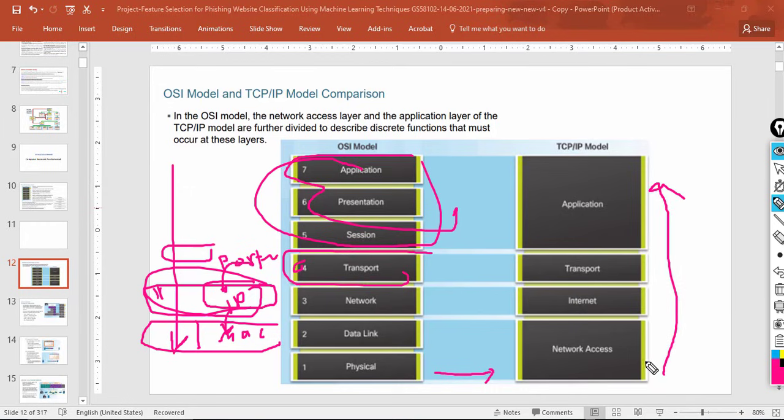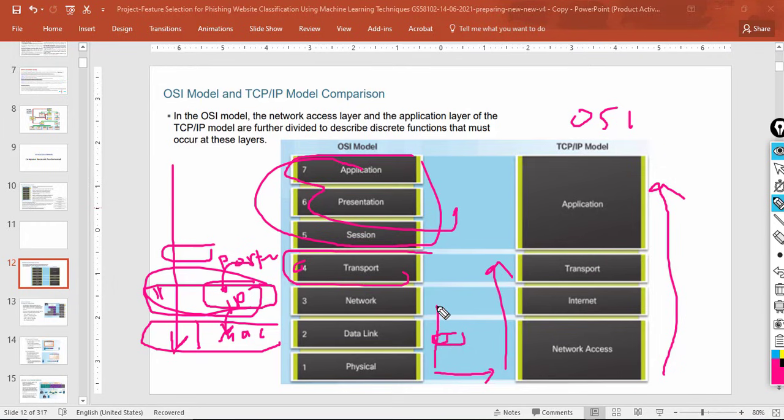When the information is received on the other side, the flow will be from down to up. Let's consider this OSI, with the same layers. When received, the physical layer will handle the bits and pass them to the data link layer, where they will be gathered as a frame. After that, it will de-encapsulate the header of the layer 2 data link